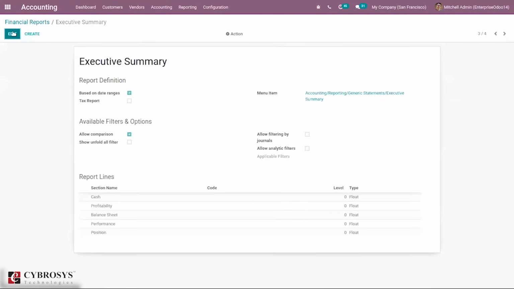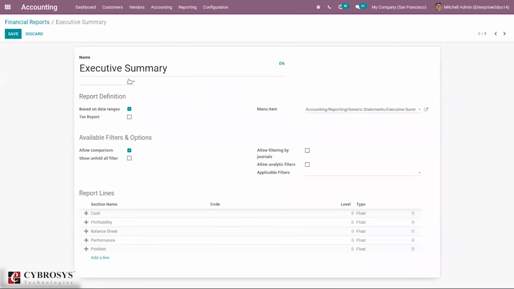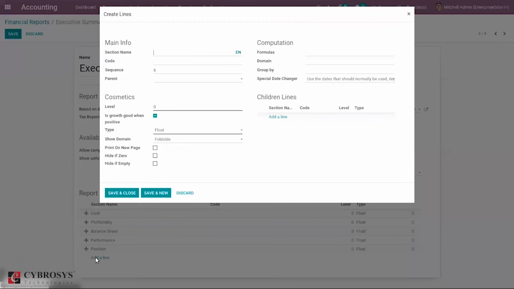It is possible to edit the financial report. What all report lines can be added here, then available filters, options, report definition. When you click add line, you can add lines for your financial report.